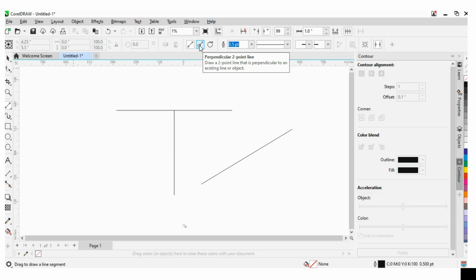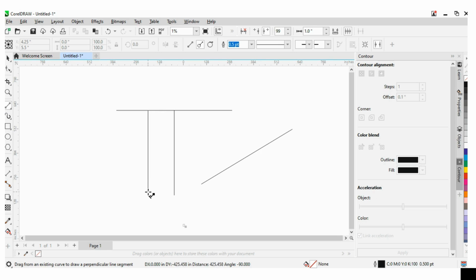So here you can drag a new line along with the surface of another line or a circle. If I am drawing a straight line, you can see we can draw perpendicular to this at any position on this line. On an existing line you can draw perpendicular straight lines, and it's similar with the circle also,